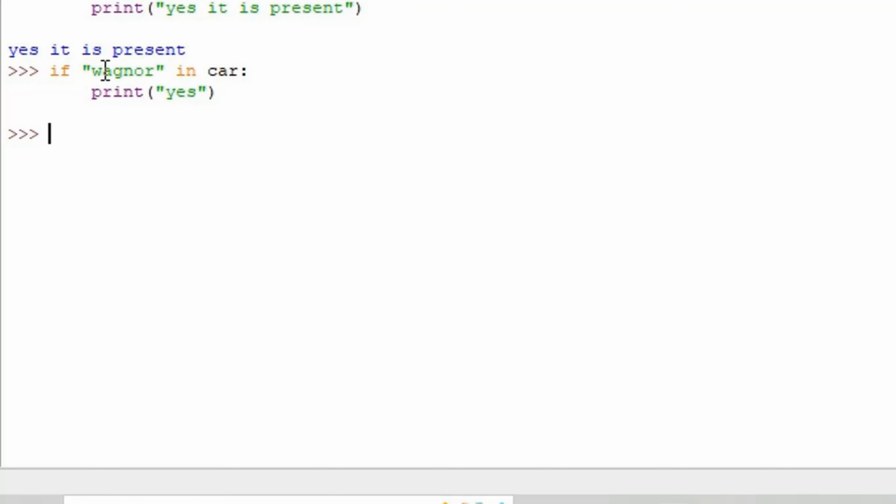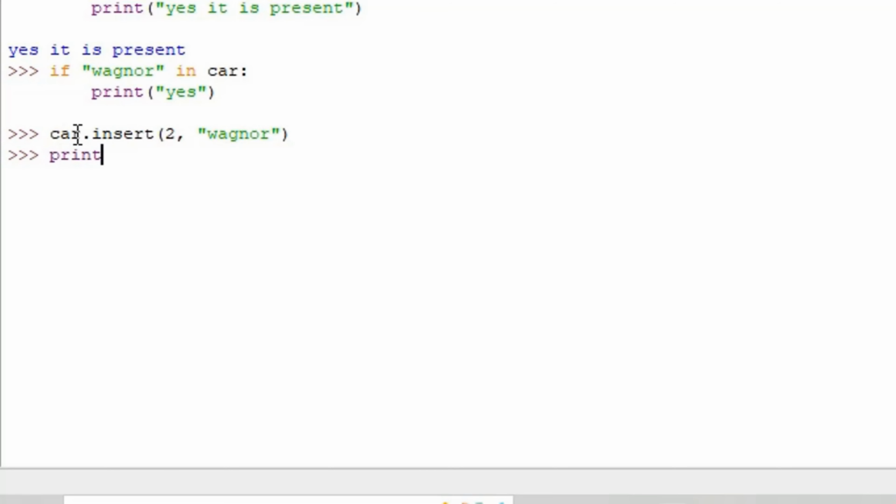So now we have seen how we can check whether an element is present in the list or not. Now let's come to more methods, like when we want to insert some value inside the list. We'll be using the insert function. I'll write the name of the list, then the dot operator, then the function insert, and inside insert I first mention the index where I want to insert. I want to insert at 2. The value I want to insert is Wagner.